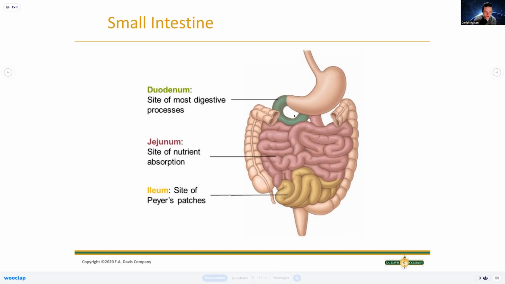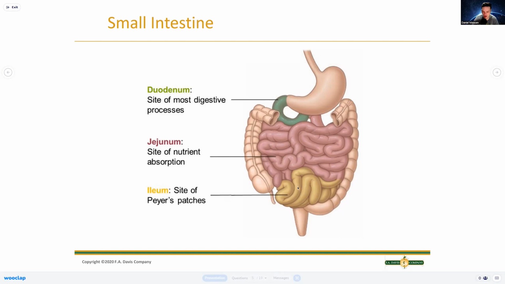So that happens here. Now, after this, we have two larger areas. The next one's called the jejunum. This is where most nutrients are absorbed. So we've broken down, we've done digestion, and the next 8 feet is the jejunum. 8 feet, crazy, right? The next 8 feet of our small intestine is jejunum, and that's where most of our nutrient absorption is. And then our ileum is the last 12 feet, wrapped up, tucked in here tight of our small